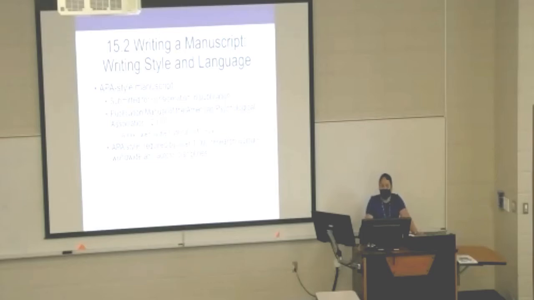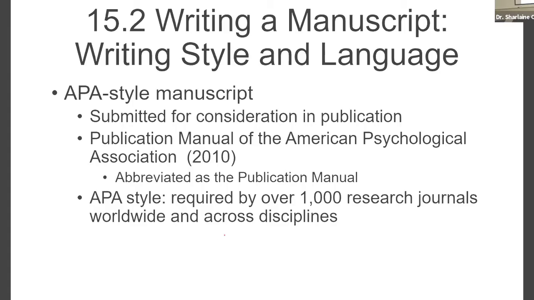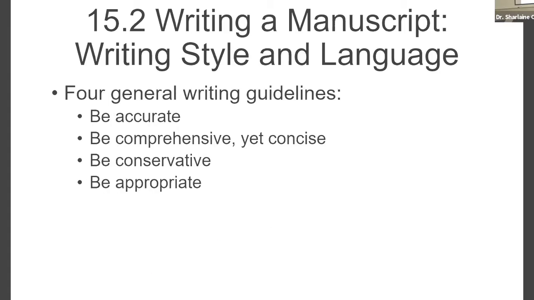We do have a more recent manual, right? We do have our version 7. Some journals, however, do in fact require that you use strictly APA. And that hovers at around 1,000 research journals that will make persons who are trying to submit their article utilize APA. Now, when it comes to general guidelines, right? When it comes to general guidelines, I should say,